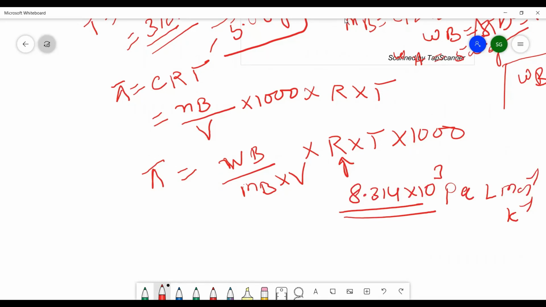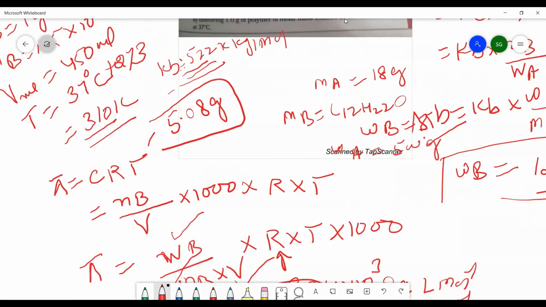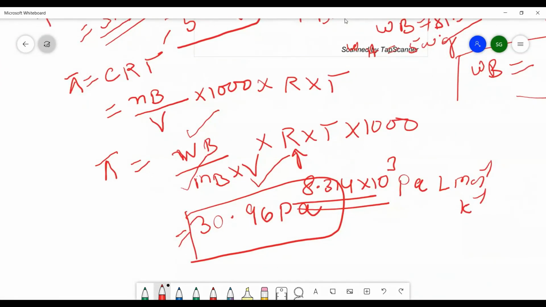Temperature is 310. WB is given to you. MB is given to you. Volume is given to you. You have to substitute all the values and the answer will come out to be 30.96 Pascal. So here in lecture 8, we have completed all the numericals related to the